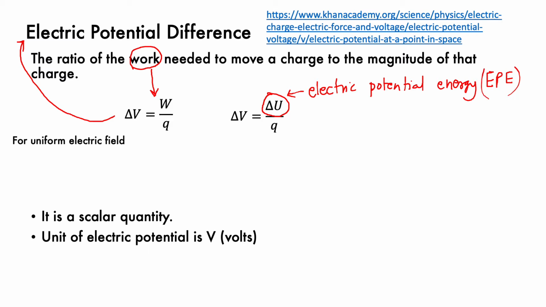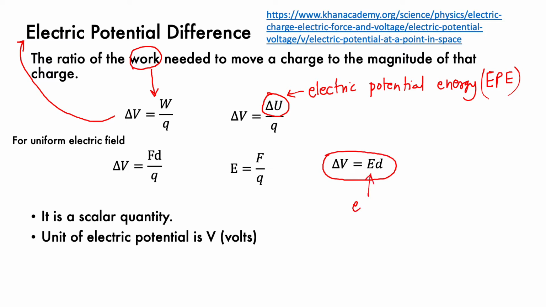For uniform electric field, we can actually derive another formula from these two formulas, and that comes out as delta V equal to ED, where E is the electric field